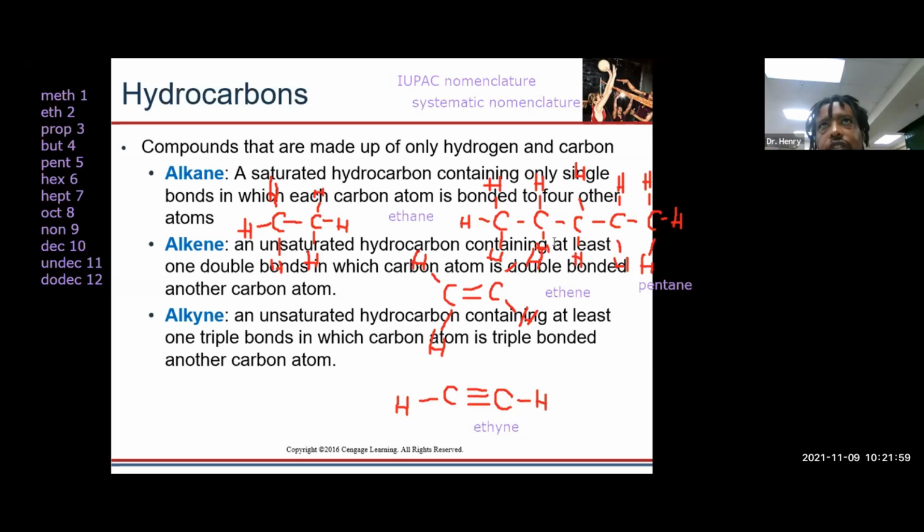So now let me show you another way of drawing it because it gets tiring writing all of those hydrogens, right? So another way that we write it, this guy would be called the expanded method, right? Showing where all the bonds are attached. Another way that we could write it is